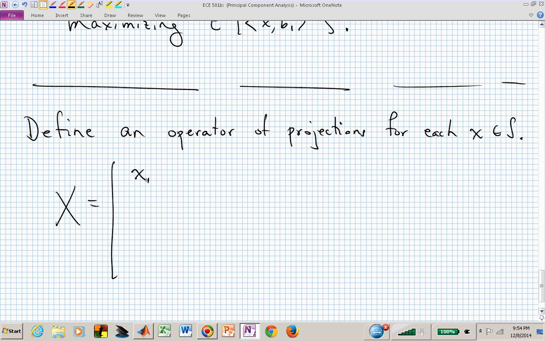We index that, so x sub 1 is this row vector instead of a component in the vector x. X sub 2 is another row vector, and we just keep going, and let's say that we have m such row vectors. So capital X is representing a stack